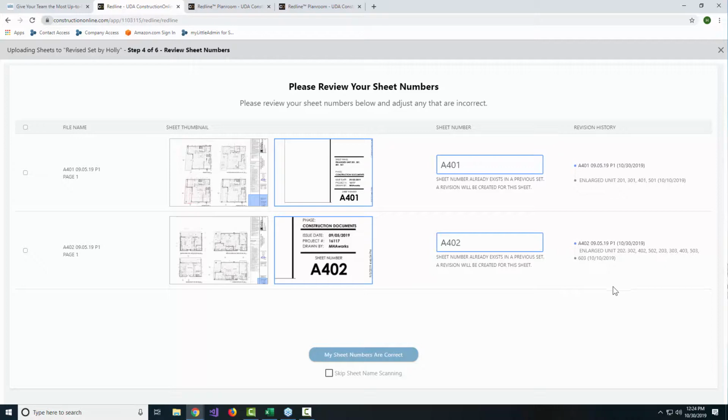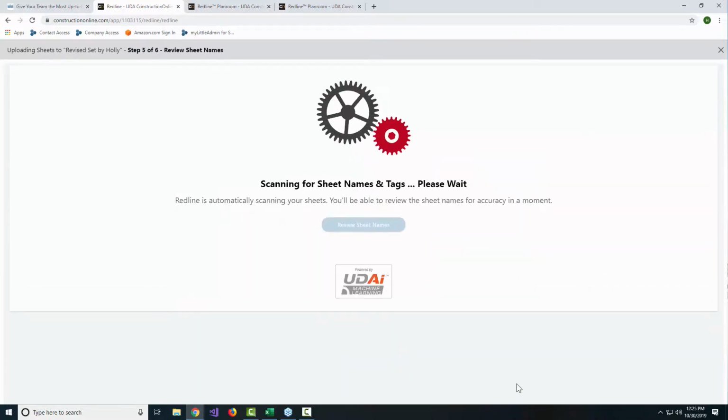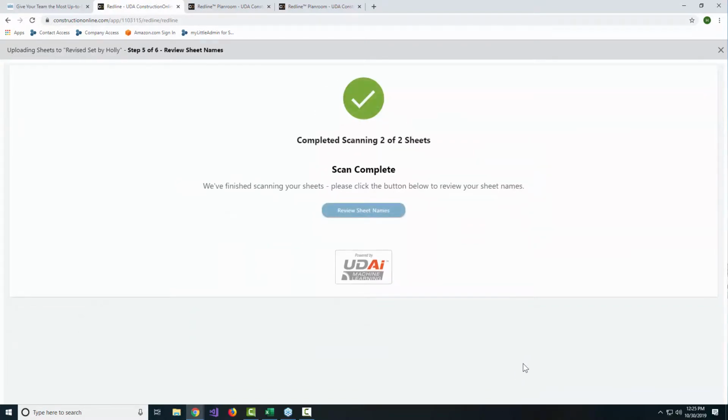It will let me know what the sheet was, what it was part of, and what that most recent revision was, so I can see a quick little timeline of this particular sheet. And it's also letting me know that it will go ahead and create a revision for this sheet as part of this upload. So if you think back to when we were first adding in the sheets on the first project we were looking at, this is why the sheet numbers are so critical. They can do, again, a lot of the heavy lifting for you